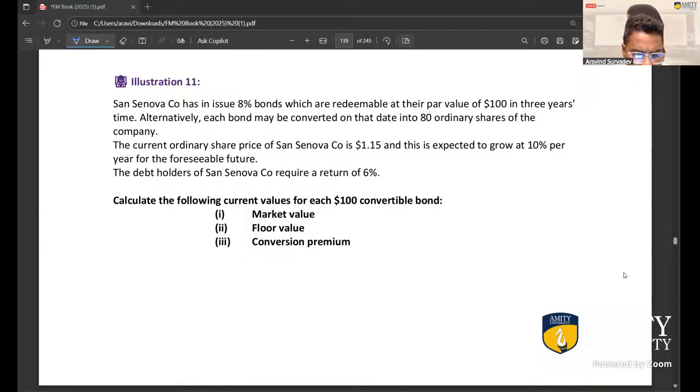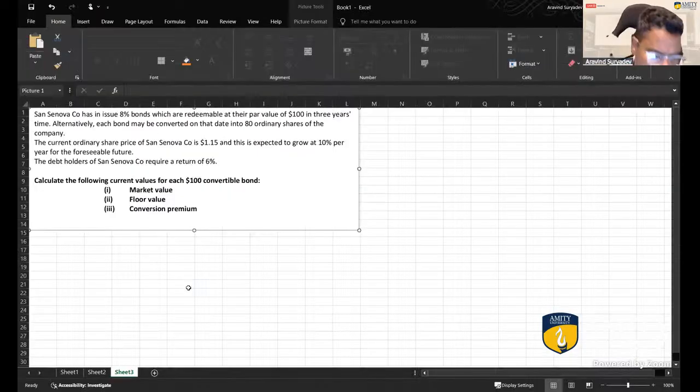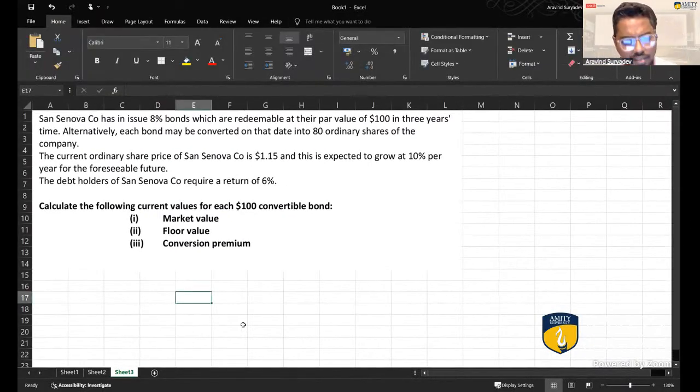All right, let's get to it. Let's take this to an Excel sheet. It's quite easy. We already know what to do. So let's see if I put it over here. I hope you guys can see my screen. So let's get started. Now, market value is calculated based on the present value of all the returns that you can get from the share.